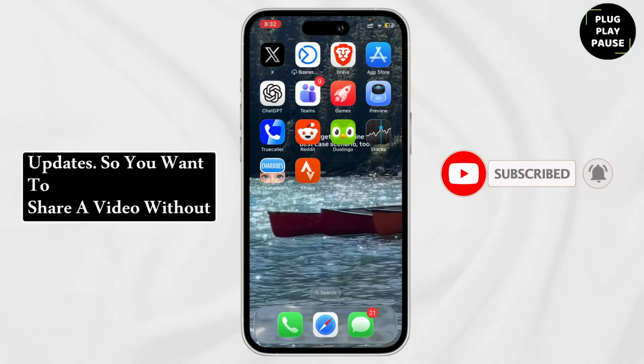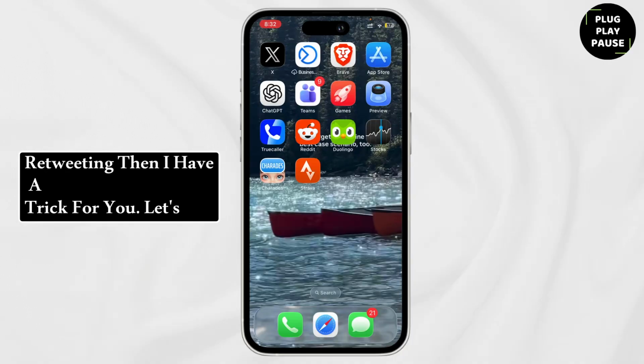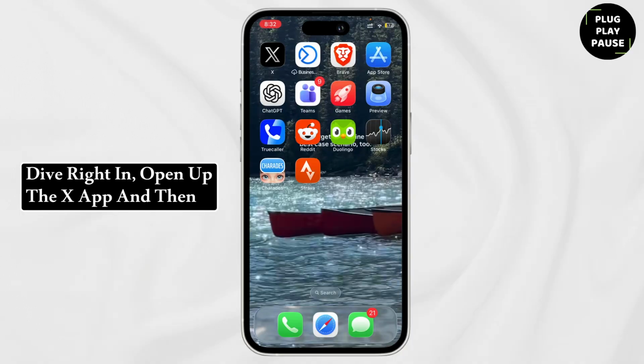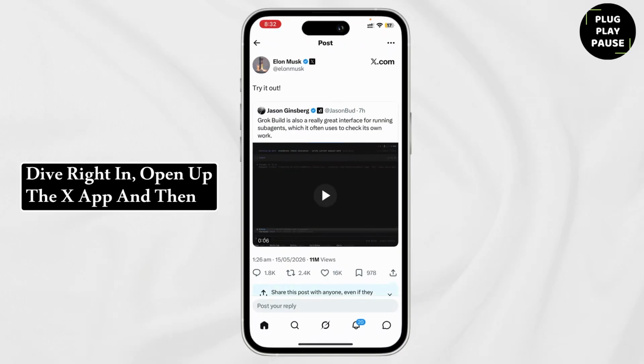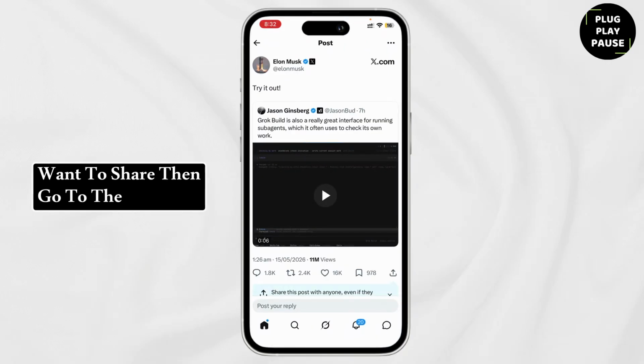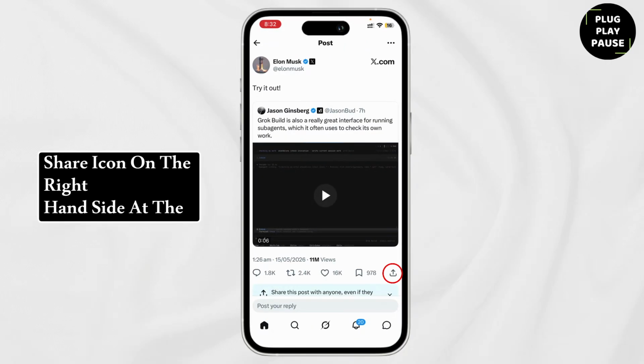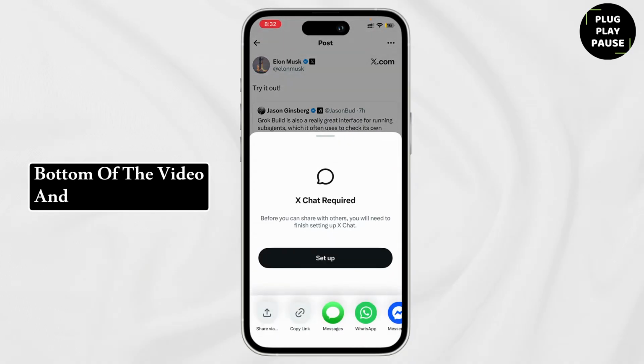So, you want to share a video without retweeting? Then I have a trick for you. Let's dive right in. Open up the X app and then find the video that you want to share. Then go to the share icon on the right hand side at the bottom of the video